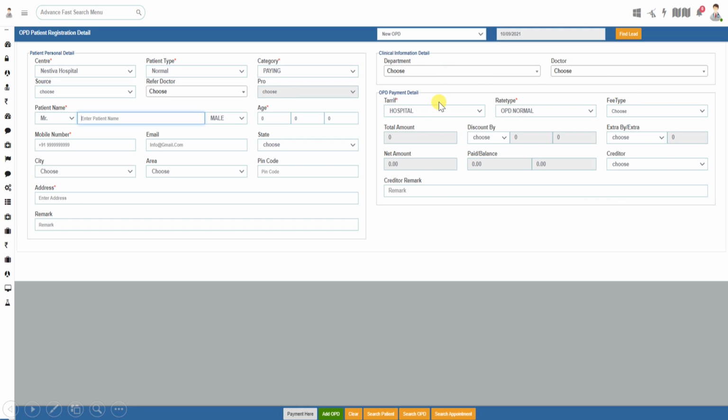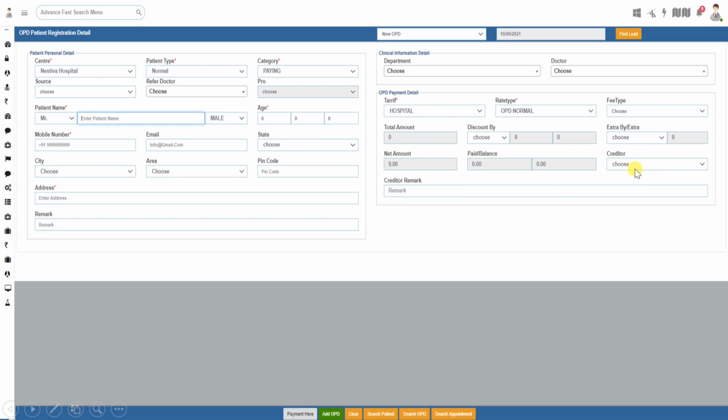There are many types of tariff you can create here. I can create a hospital tariff. There is rate type, OPD normal, IPD normal, and many types of rate types you have to create here. Fee types are the normal fee type, emergency, night, private, and others. There is total amount, discount, extra, net, paid, creditor, and remark.